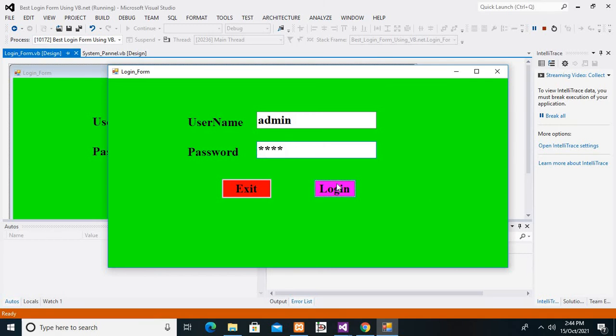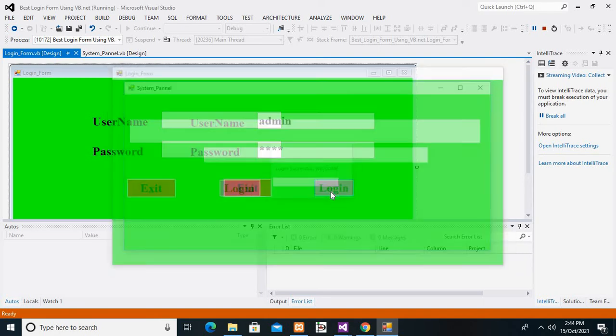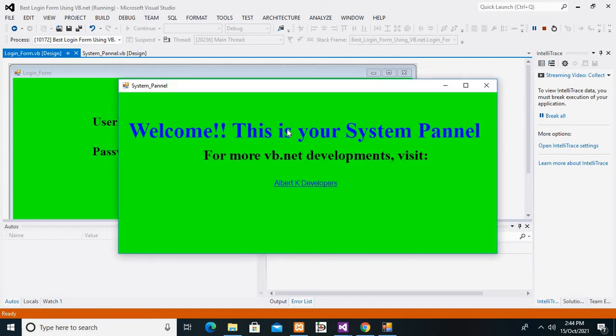So on clicking login, it brings a message in a message box, login successful, welcome. Okay, so it opens this. So welcome, this is your system panel. For more VB.NET development, visit. So that's our system. Something else that I never told you is that, let me first close it,